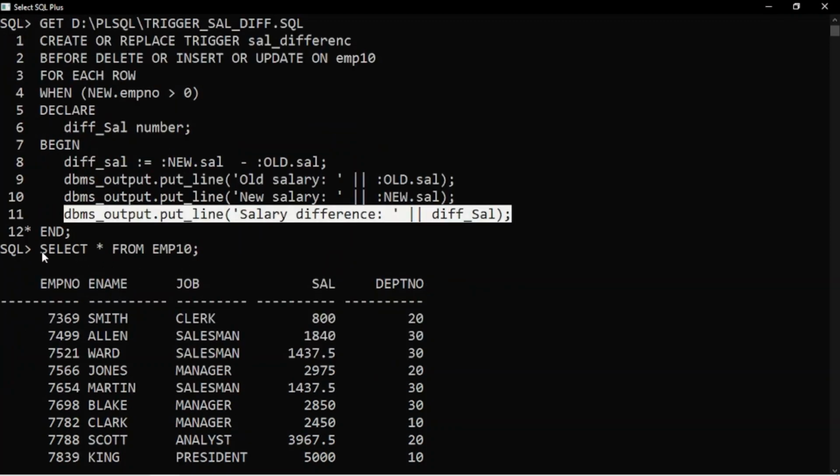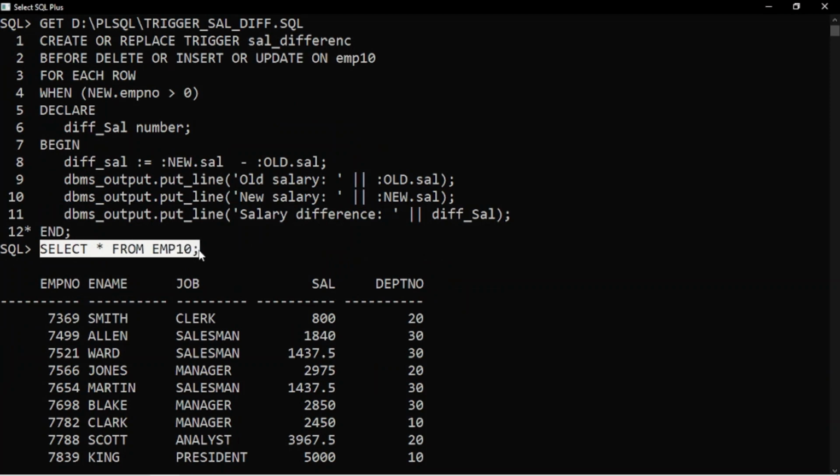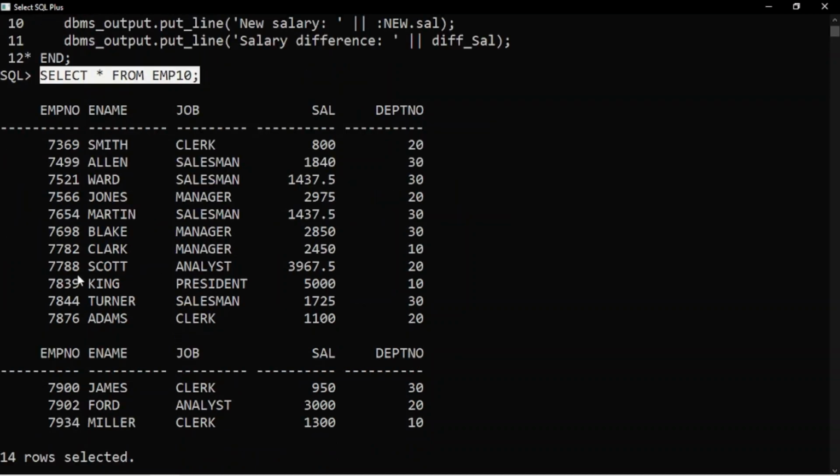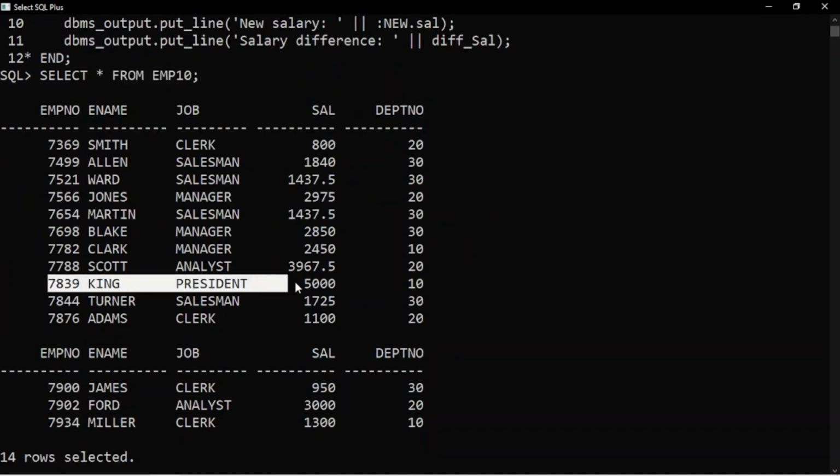So this is the EMP table, clear, on which this trigger is based. For this I have taken the example of King, and his EMP number is 7839.